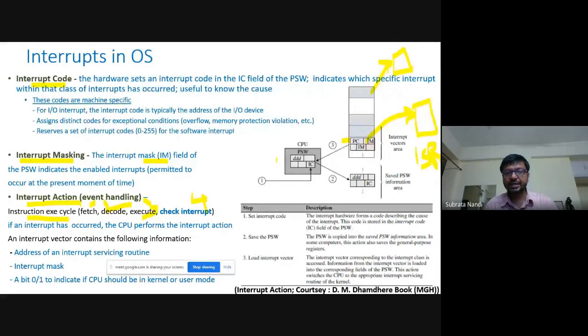First it will check the interrupt code, then if it is unmasked, it will save the PSW, the entire state of the CPU, in some place. We are not specifying where. Then the contents of the interrupt vector are copied here, and the format is somewhat similar to that PSW. And after it is loaded here, the interrupt service routine is actually triggered. So all the instructions written in the service routine will be executed. And once it is completed, then again